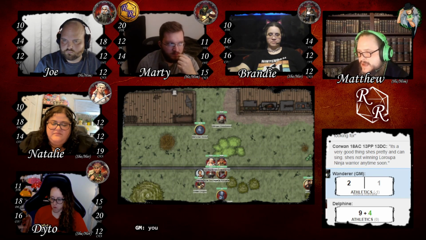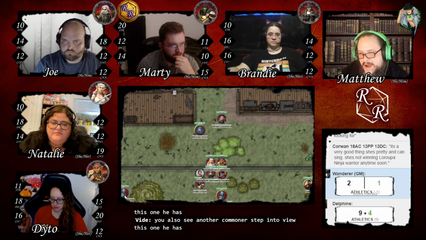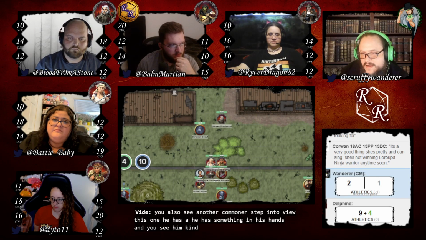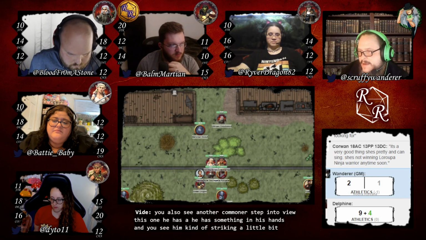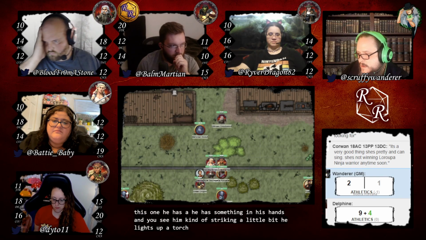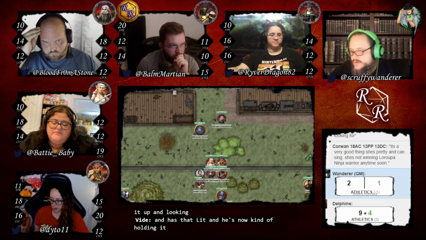You also see another commoner step into view. This one has something in his hands, and you see him striking a little bit. He lights up a torch. Has that lit, and he's now holding it up and looking around.